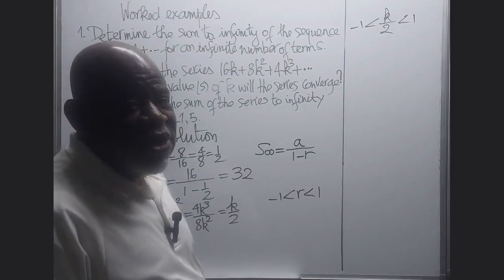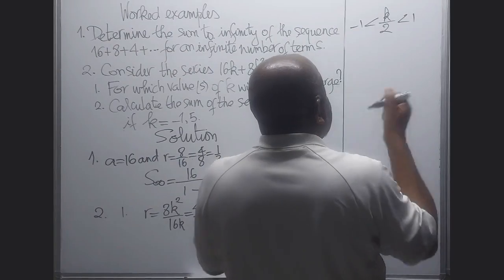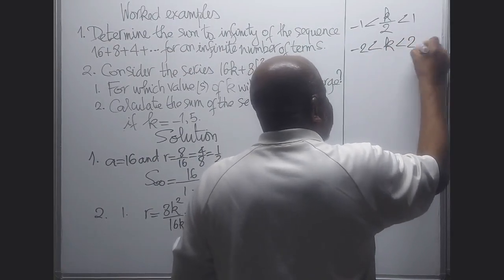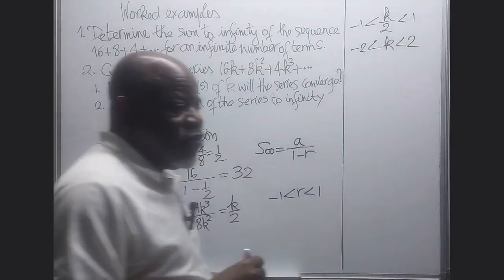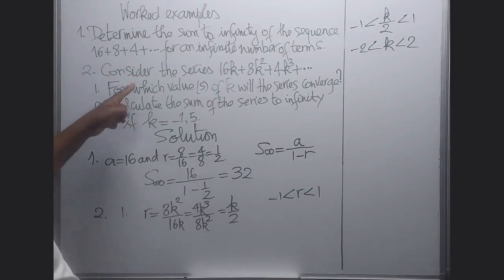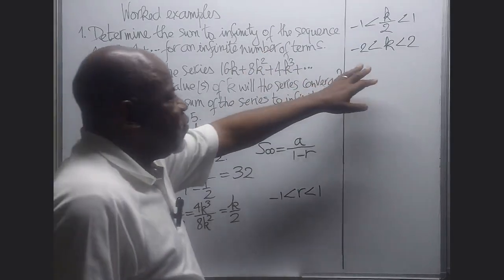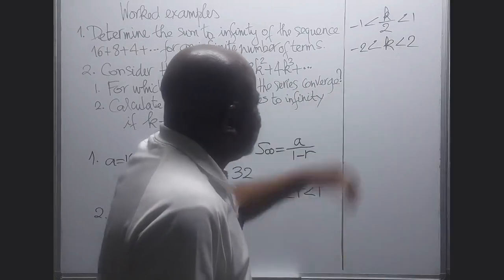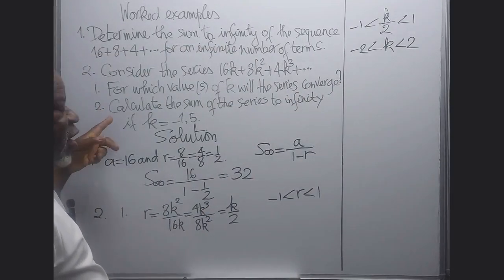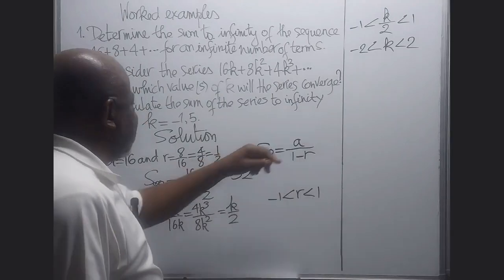Now, getting a common denominator, we're going to multiply by 2. So we have k will be between negative 2 and 2. So here's the answer for the first question. For which values of k will the series converge? The value of k will be between negative 2 and 2. Then we're going to go to the second sub-question. Calculate the sum of the series to infinity